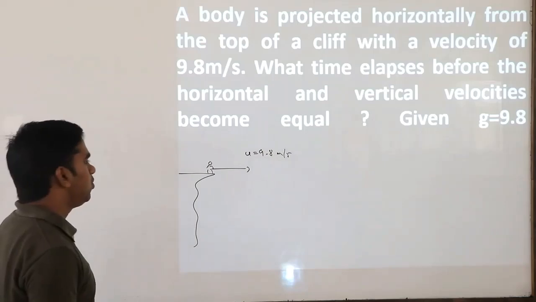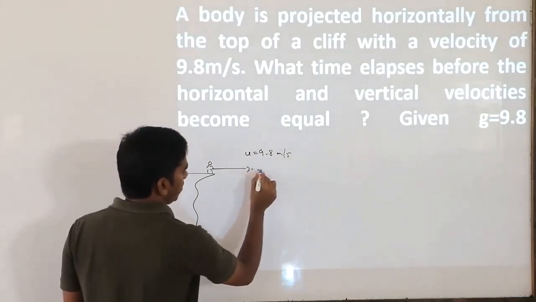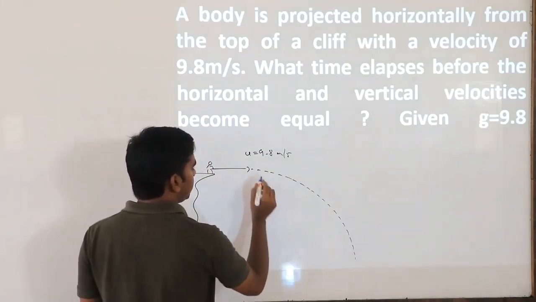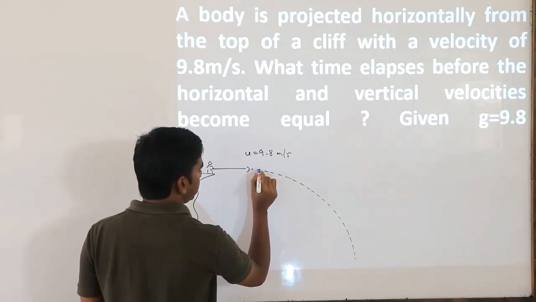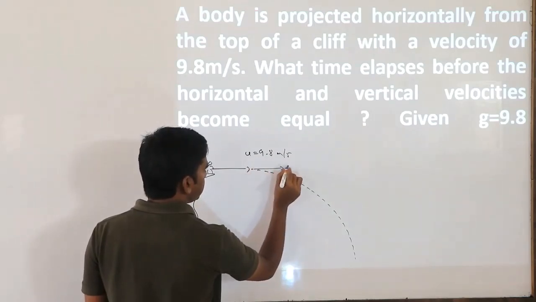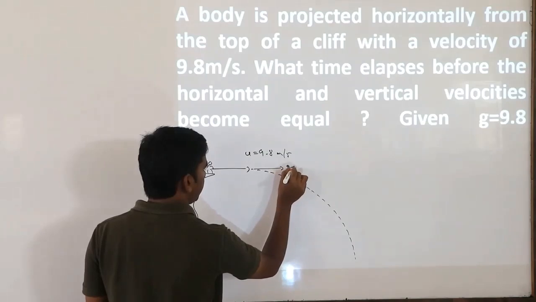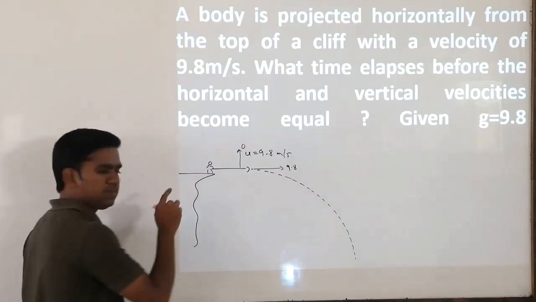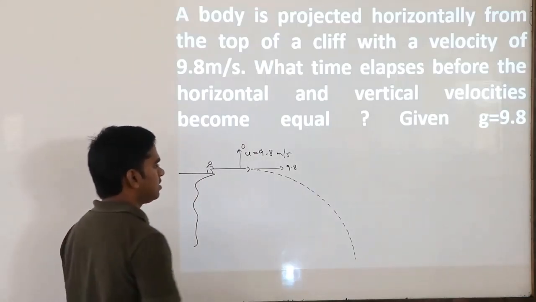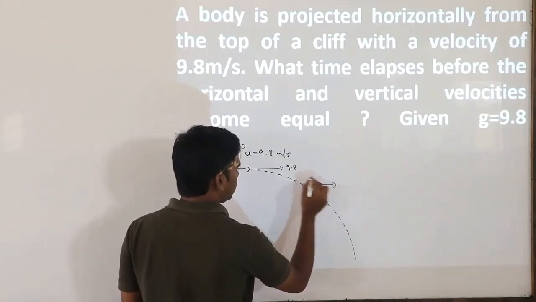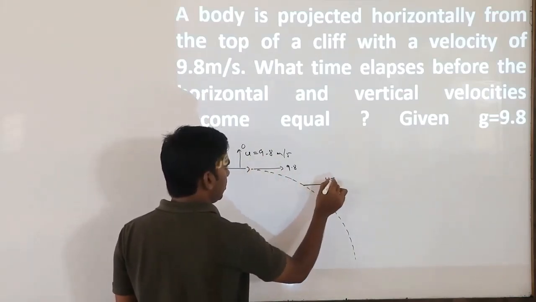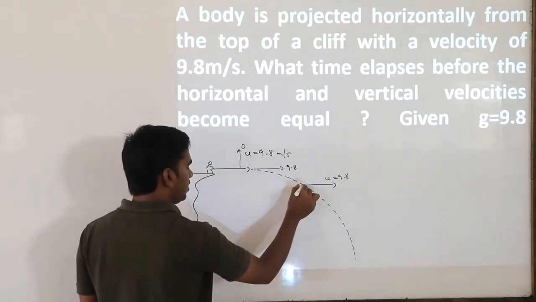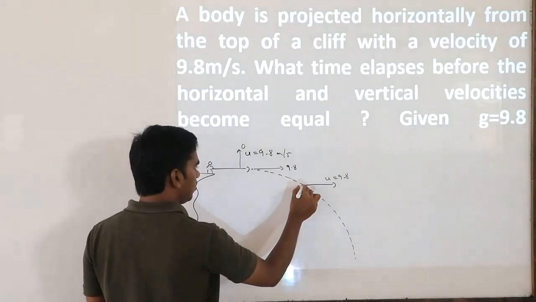When you project like this, it will move in this direction. What is the horizontal velocity? Horizontal velocity here is u, that is 9.8. What about vertical velocity? Here vertical velocity is 0. After some time, horizontal velocity remains as it is; it is u only, that is 9.8. Vertical velocity will become